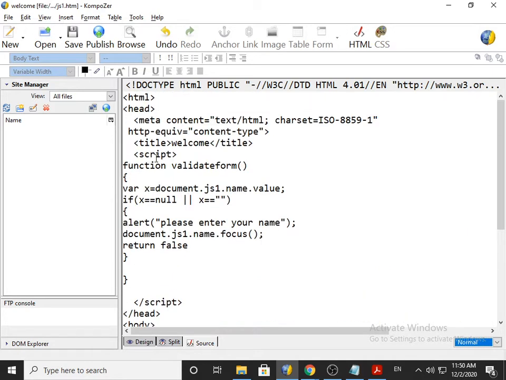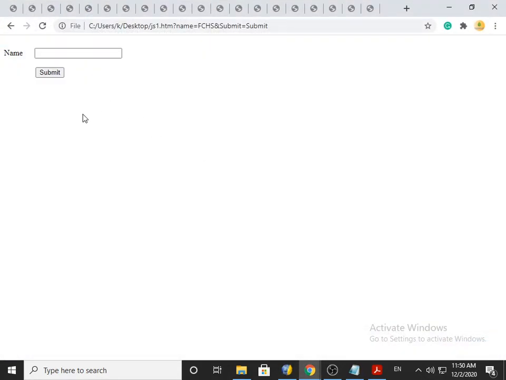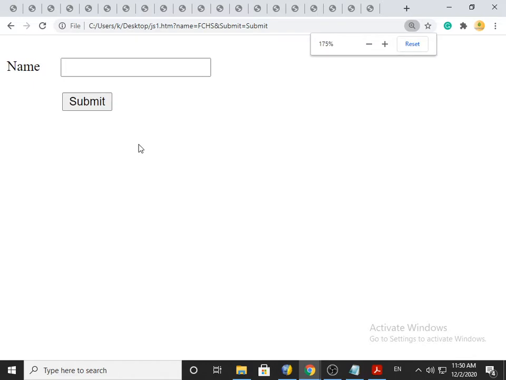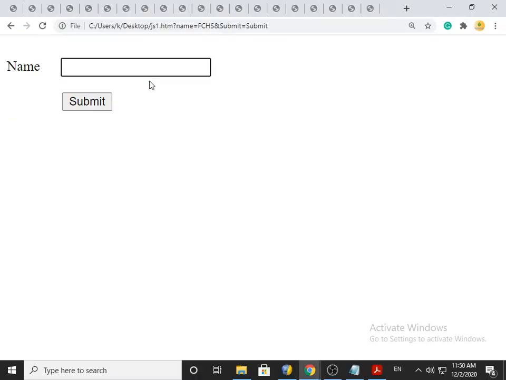Now we will discuss the whole script in three situations. The first situation: in this box right now, for example, the cursor is available. You can see this is the blinking cursor, and right now this blinking cursor is available. Okay, fine.